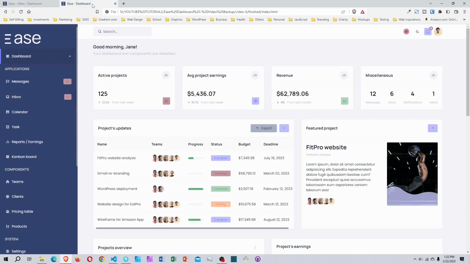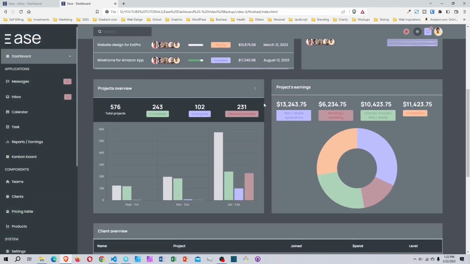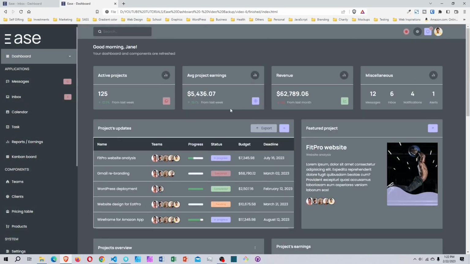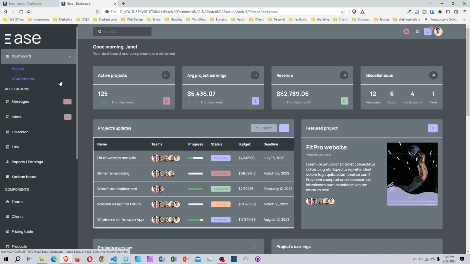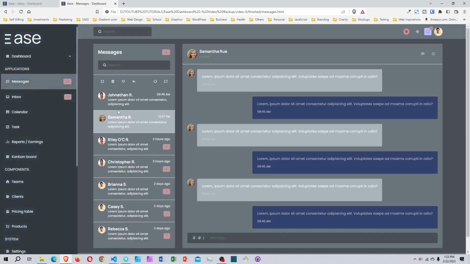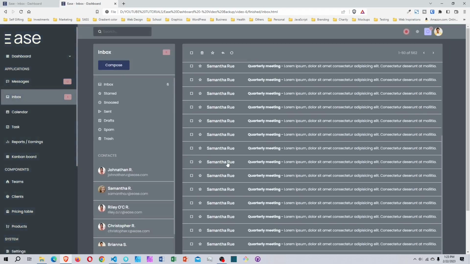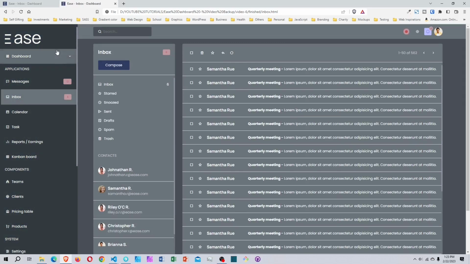And this week, we're going to be adding the dark theme right here. If I click this right now, see we have our dark theme right here. So we're going to be working on all pages, the e-commerce one right here, the messages, the inbox right here. Okay, so we're going to be working on it. As you can see, it works on all pages because we're going to be using local storage to save the